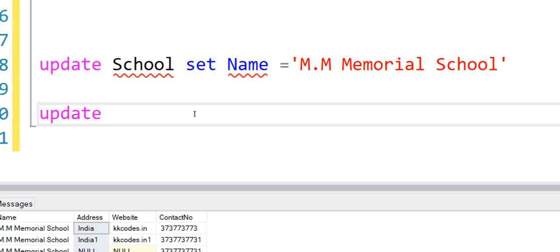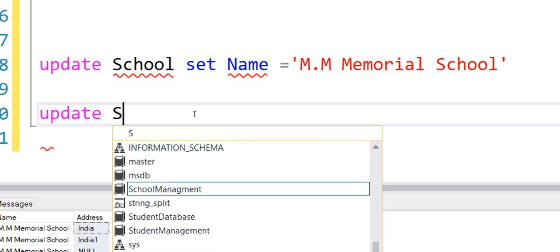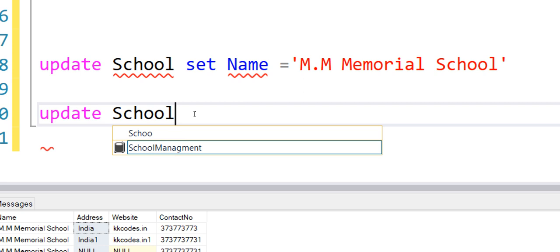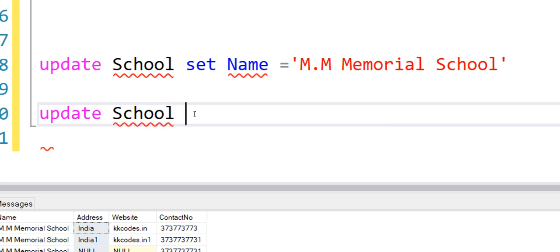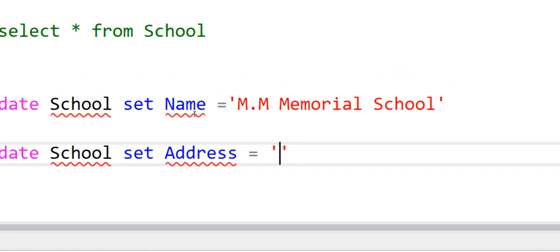Again we need to write the update command, and then I want to update the school table, and this time I want to set the address. So I will write set address, and inside this I can specify my address, India. So what is it going to do?